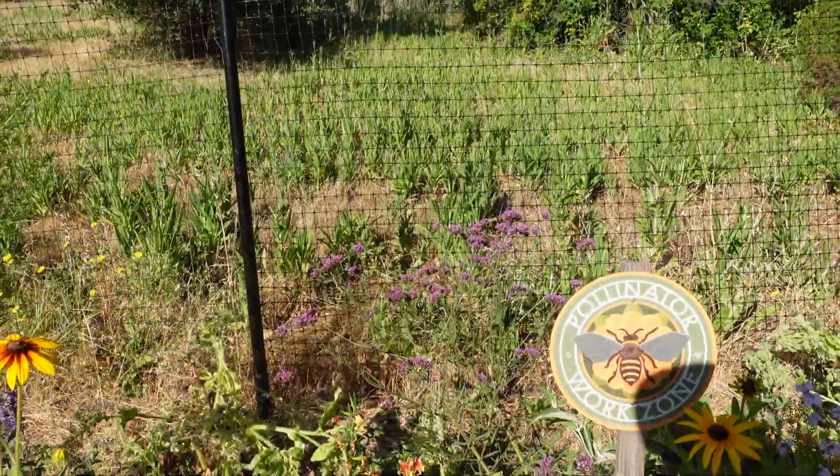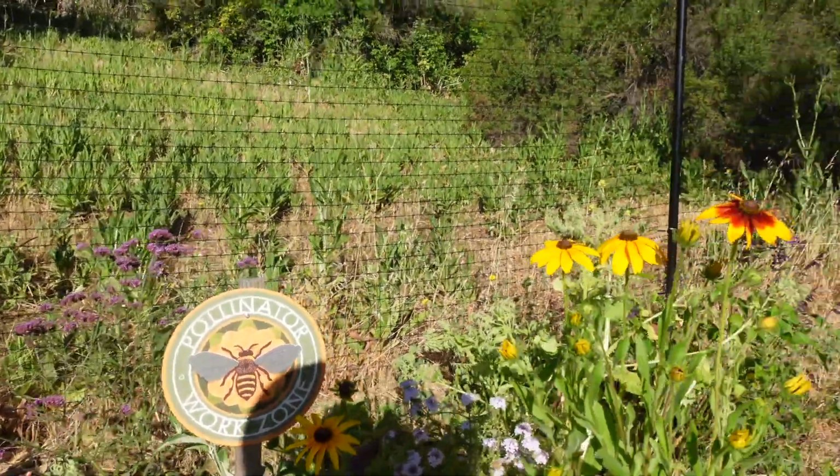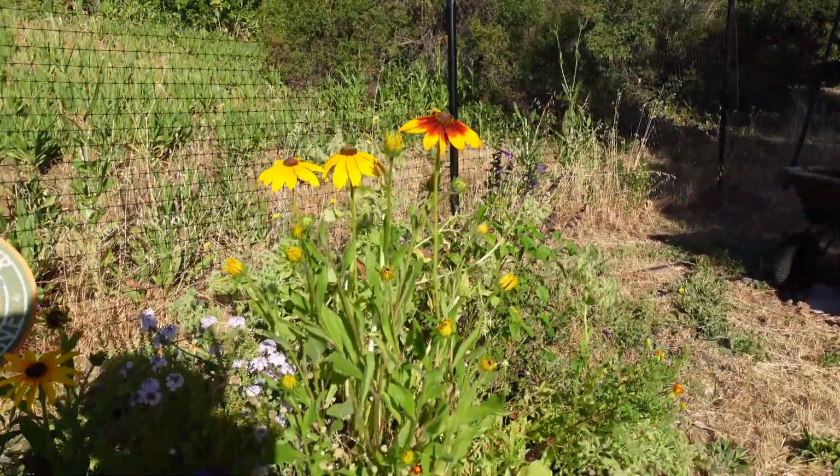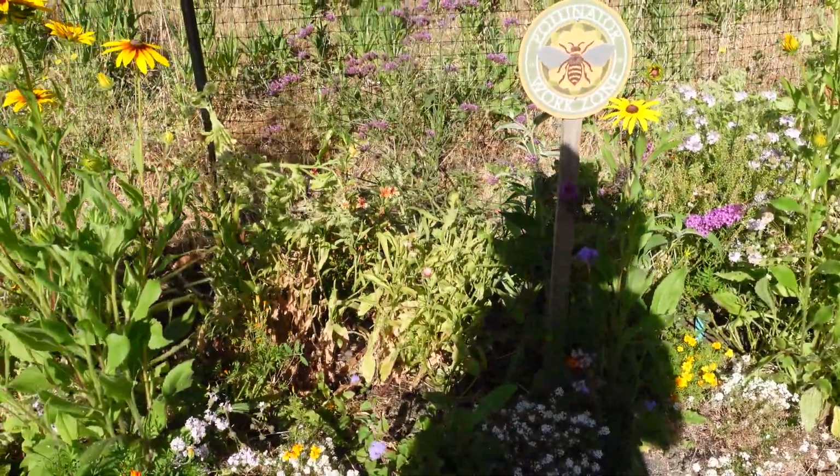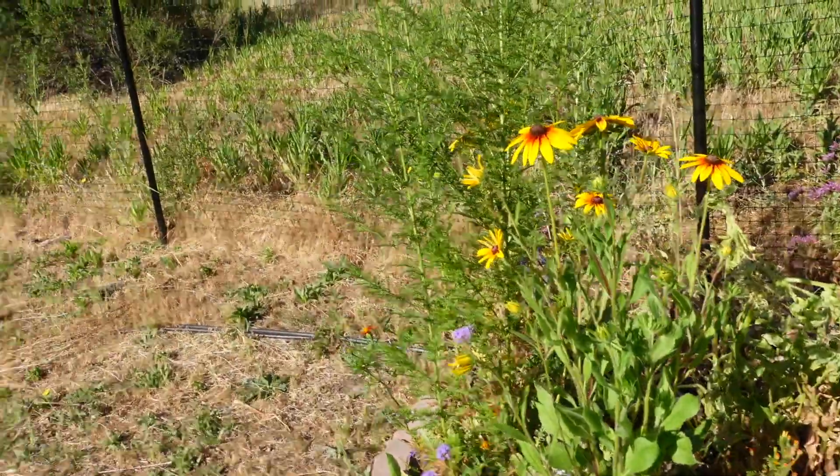And still the verbena just still pumping out those blooms, and we've got salvias on either side. So I'm very, very pleased with this little pollinator patch, and I definitely want to extend it. Because I cut so many flowers off of my crop list for future planting for next year, I still have a lot of seeds of flowers that I'm just not going to use for general crops. And I think what I'm going to do is put a couple more pollinator beds and fill those with those flowers,